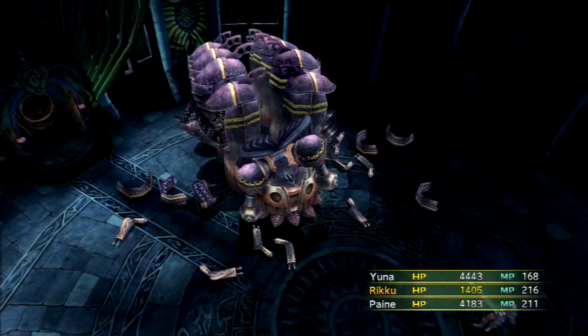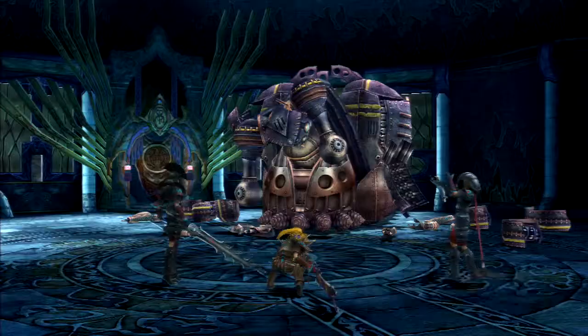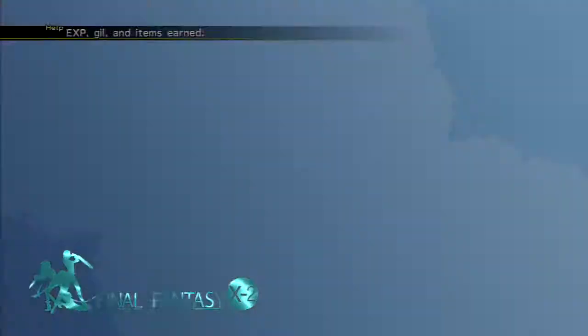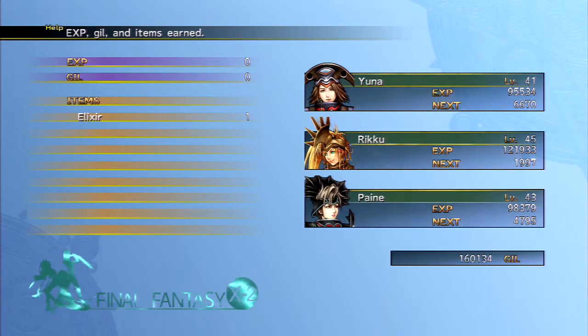Yeah, like I said, he gives out a ton of AP because, as you saw, Yuna just learned Drain and Demi in the same enemy kill, so...